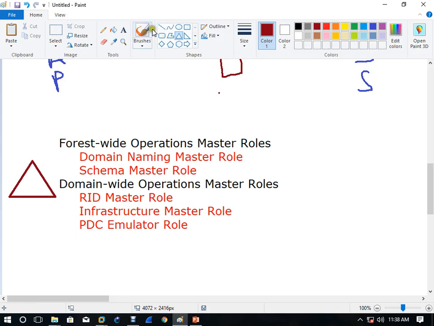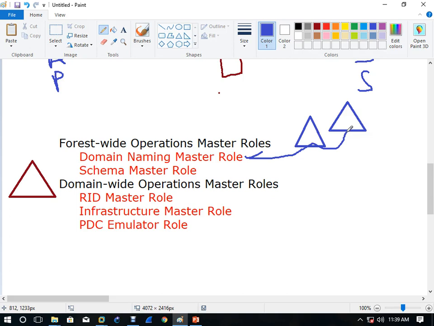Okay, now let's talk about the domain naming master. The domain naming master server is responsible for adding a new domain server, maybe another new server. Maybe I have another server and I want to add a child domain controller or additional domain controller, any new domain, not a new computer. Understood? So when I need to add, I must have the domain naming master. If I have the domain naming master, I can add a new server in my domain or in my forest. Understood?